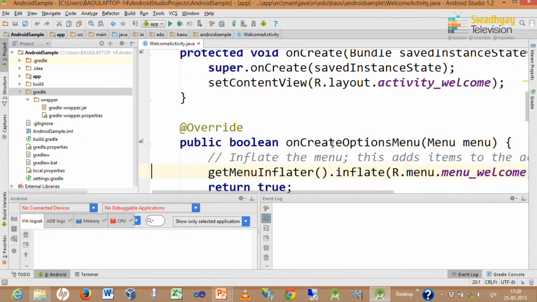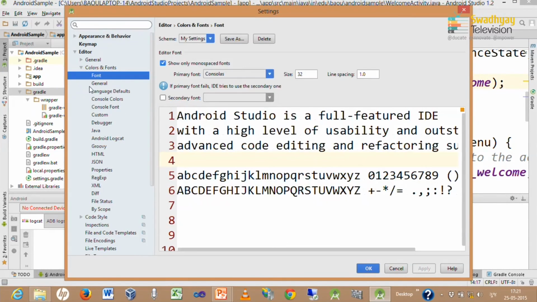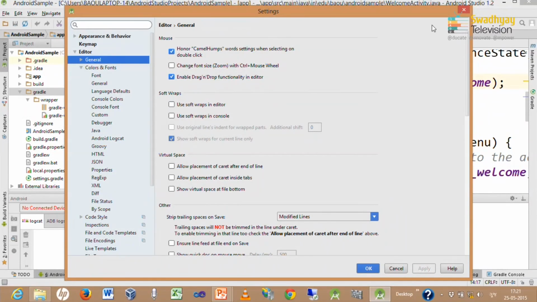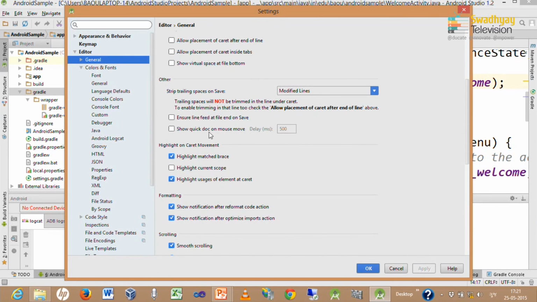Now there is an option for automatically displaying help. Right now I am putting my cursor on the setContentView method, but it does not show any help. So how do we get automatic help? For that we have to go to File, then Settings, then General, and inside General there is one option called Show quick doc on mouse move. If you have not checked this option, then help will not be shown automatically.